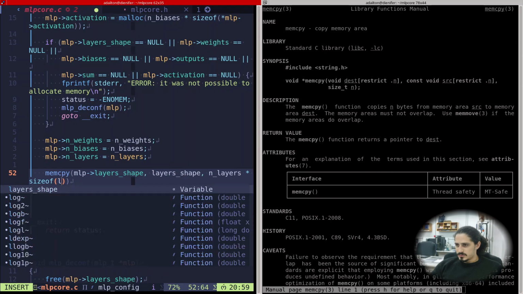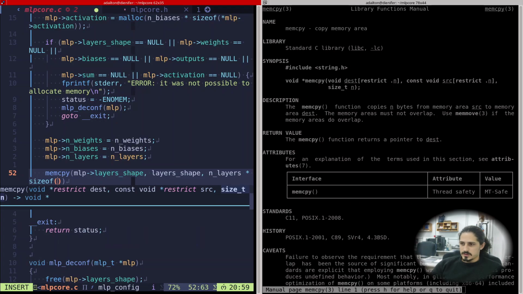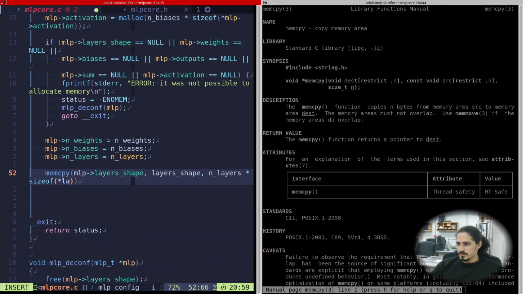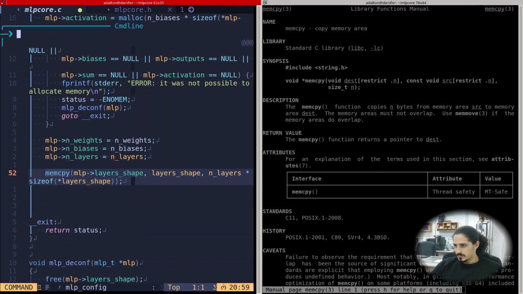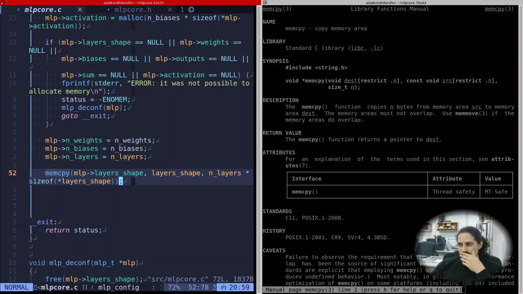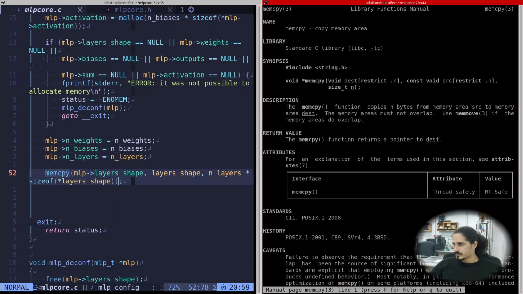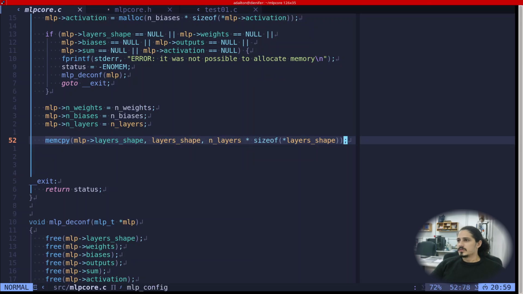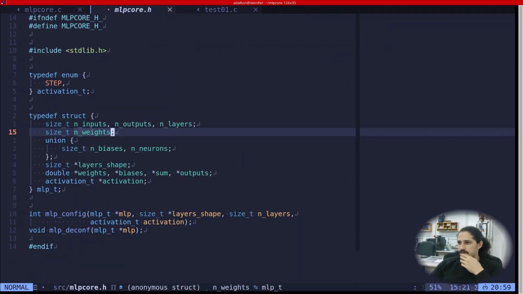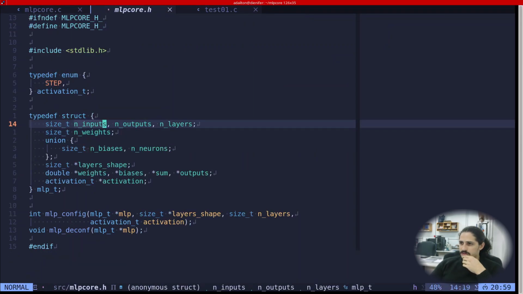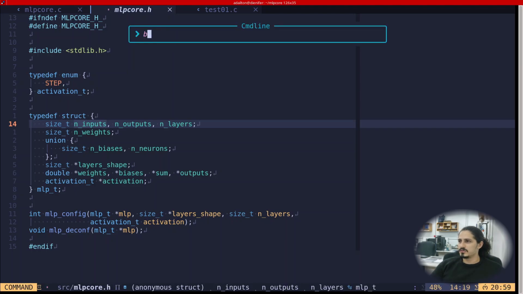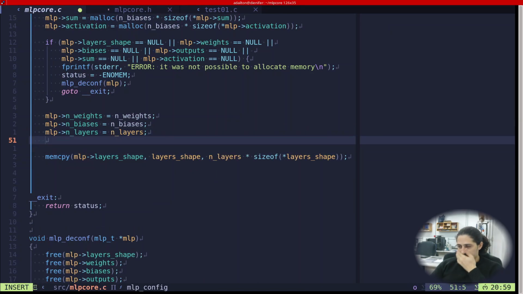No, let us do sizeof layers shape, and I believe that's it. So let us verify. I didn't set the number of inputs. Okay, we also have to set the number of inputs, the number of outputs,